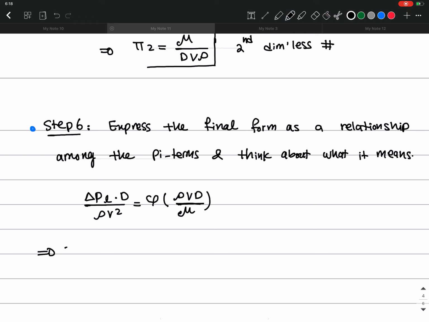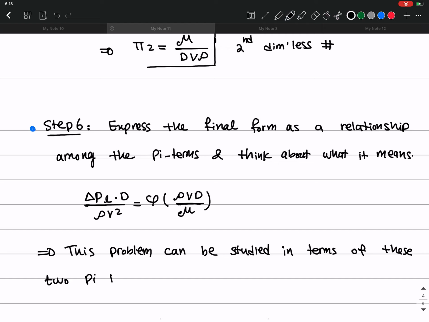So this means that this problem, or finding this delta P, the pressure drop in a pipe flow, can be studied in terms of these two pi terms, or dimensionless numbers,